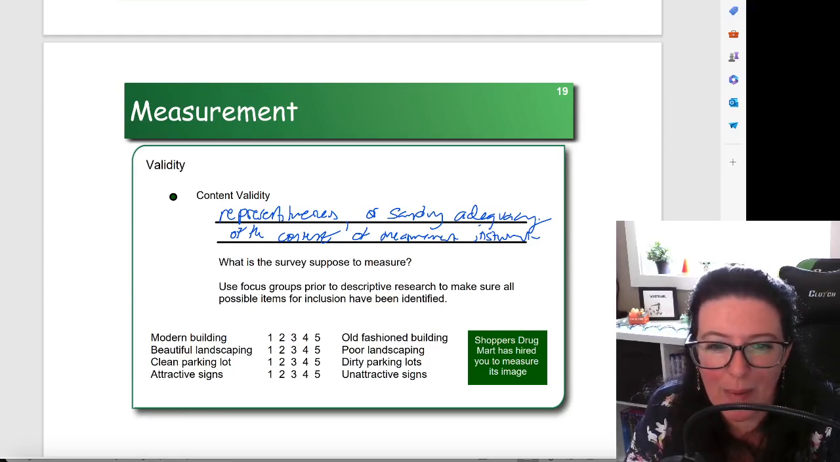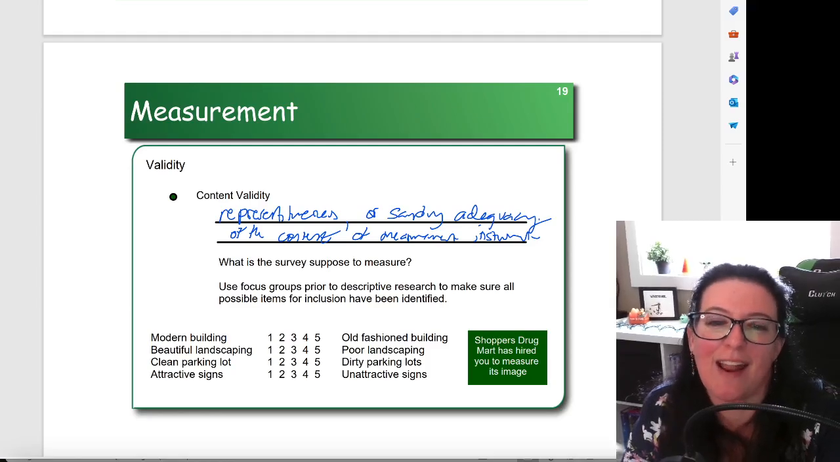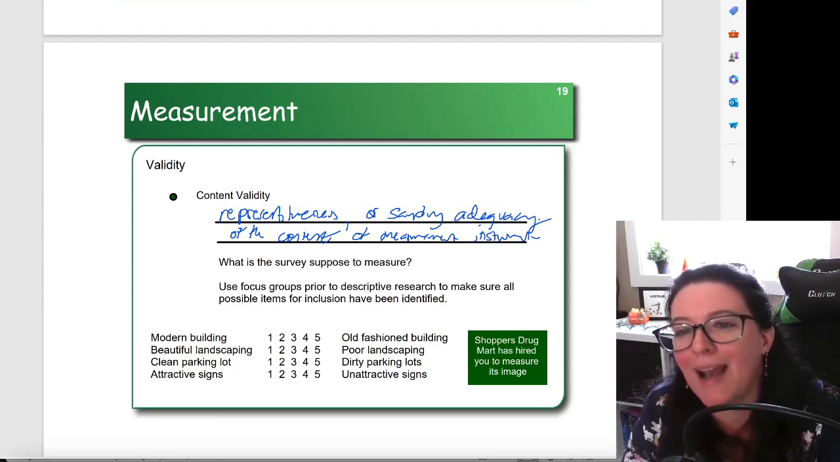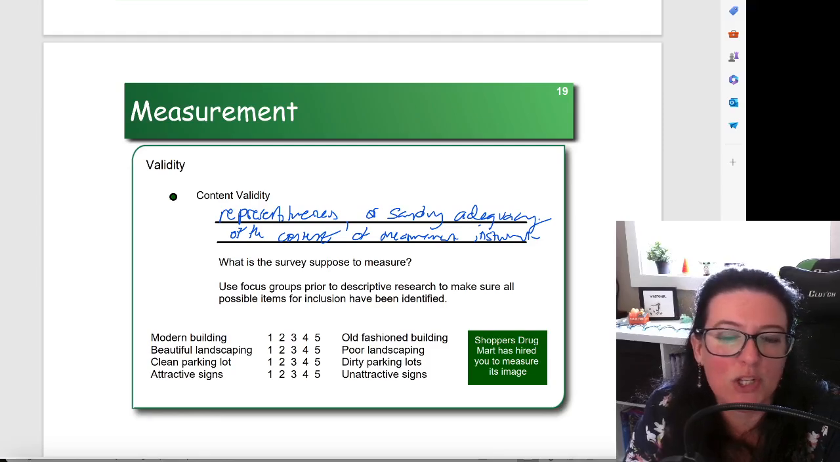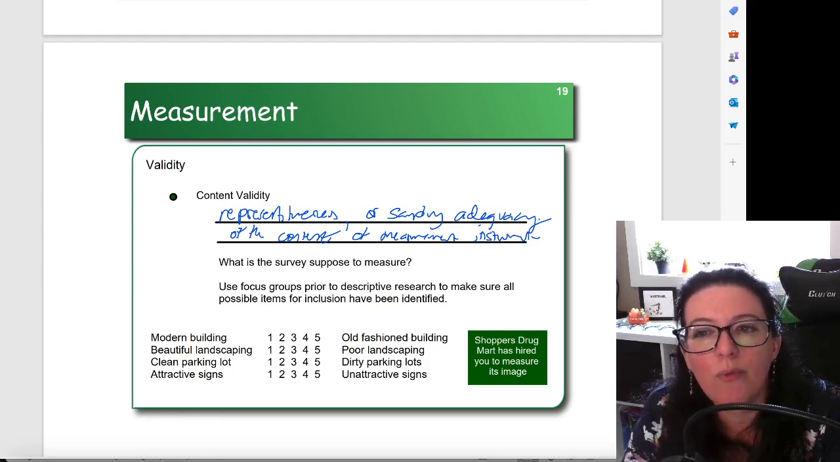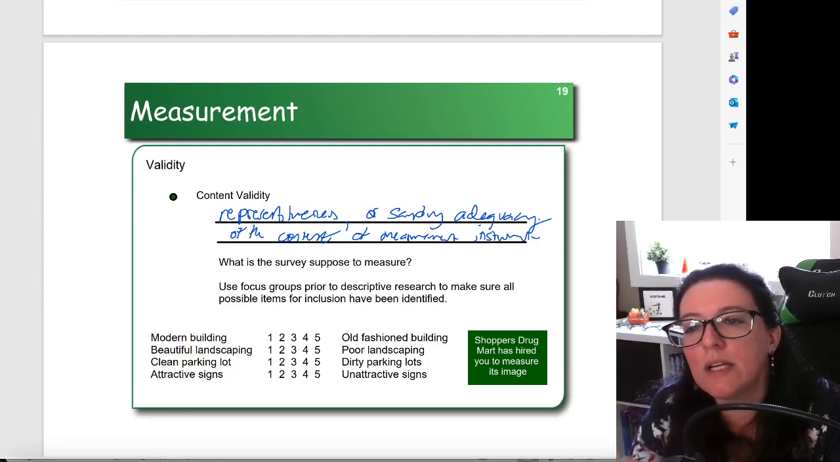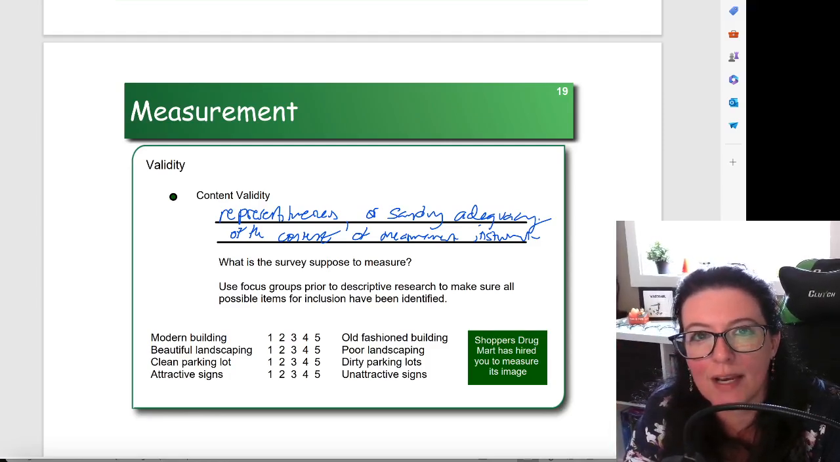Because what do people care about? They care about customer service. They care about variety of goods. They care about access. So it's not just about how the building looks on the outside that creates the image of a company. And so if we aren't quite sure what all is included in the image of an organization,